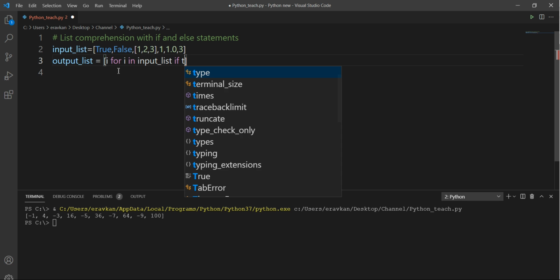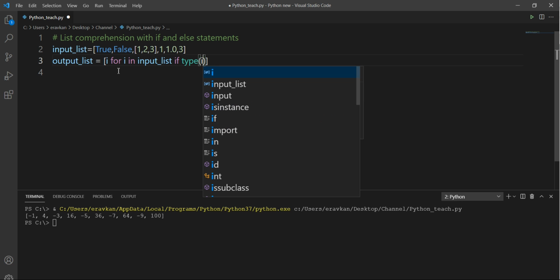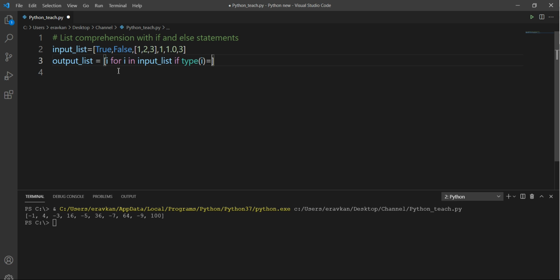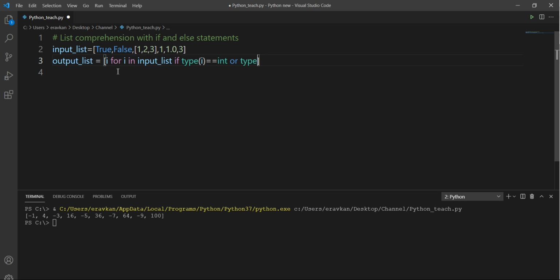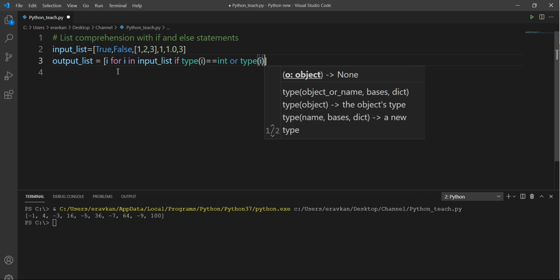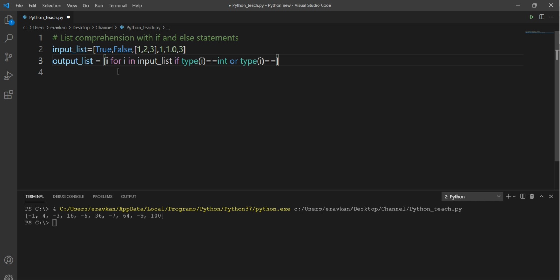if type of i equal to int or type of i equal to float. So I can do it in this way.